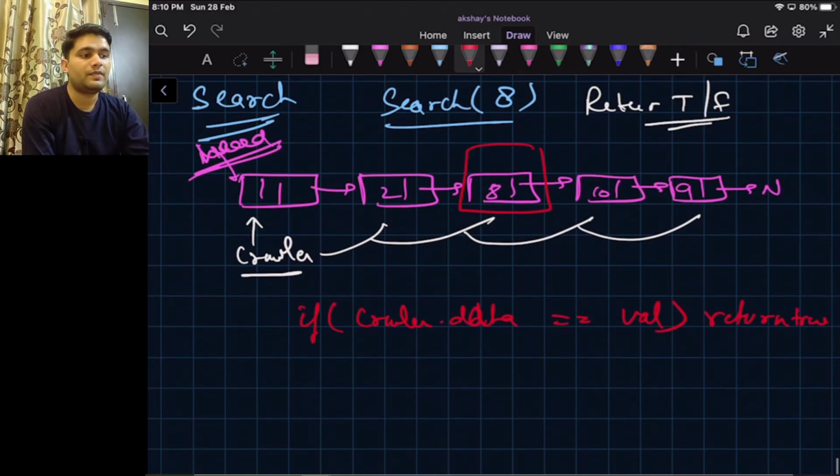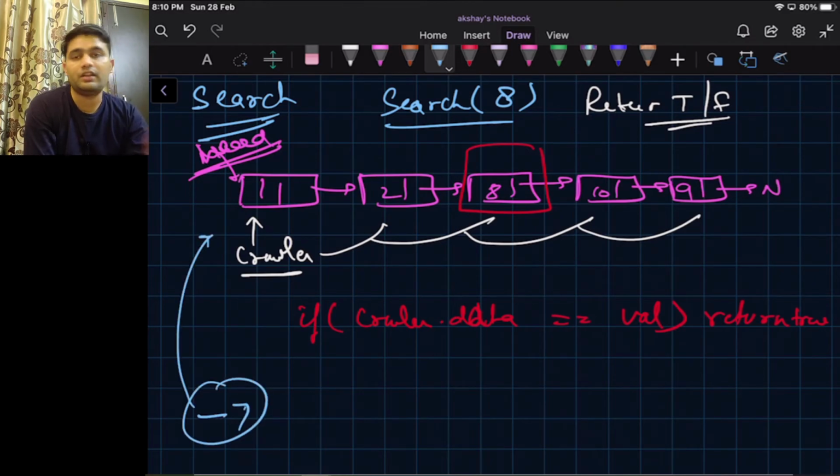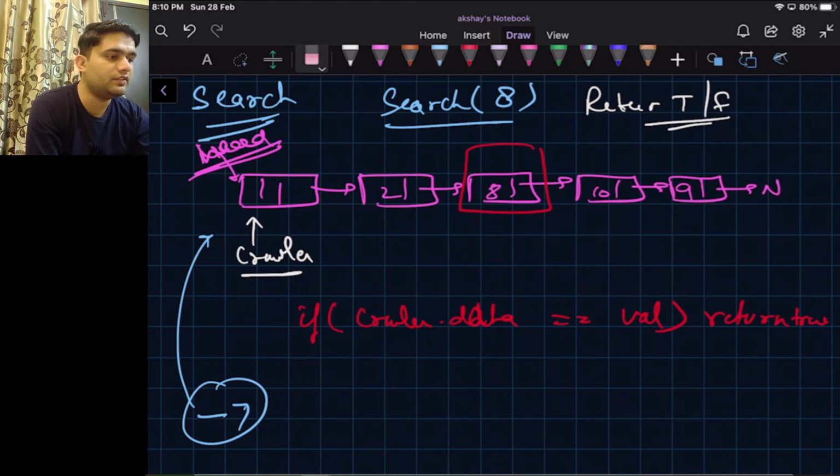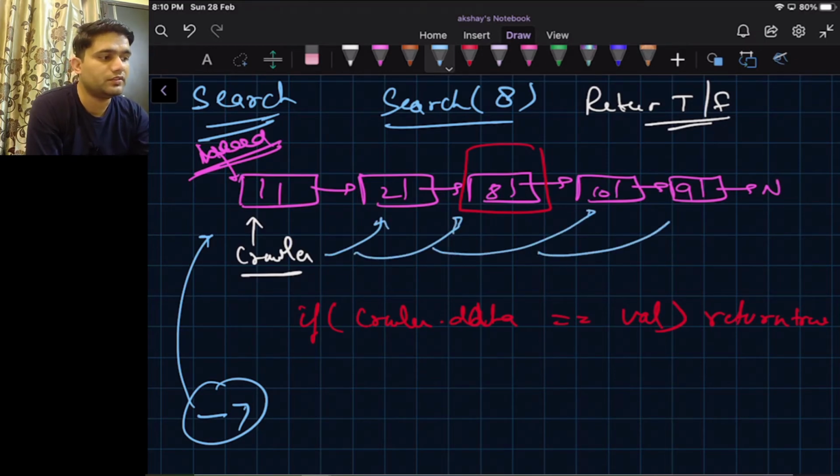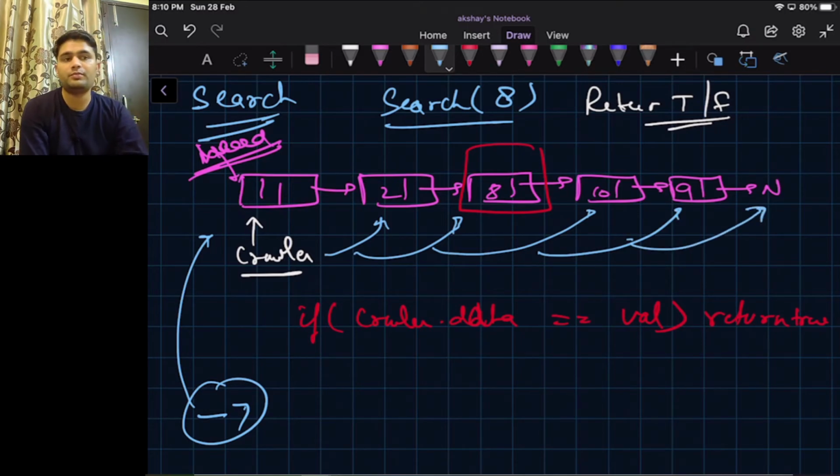Suppose the user wanted us to find -7 in this linked list. We will create a crawler, then we will say crawler.next, this is not equal to 7, not equal to 7, not equal to 7. Now the crawler is pointing to null.